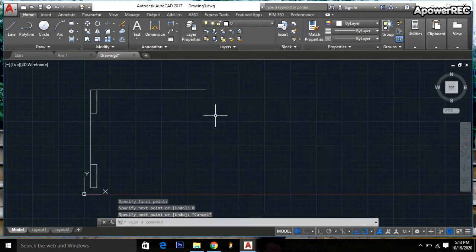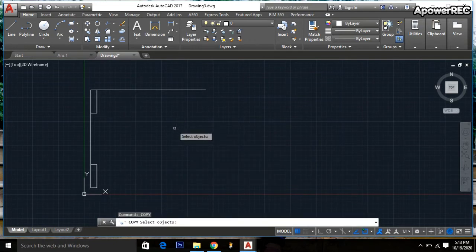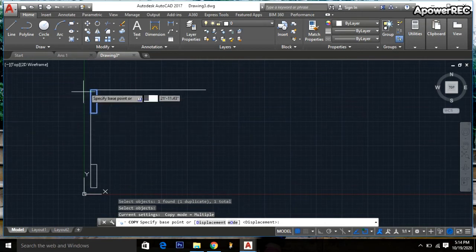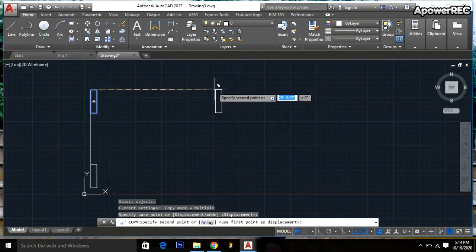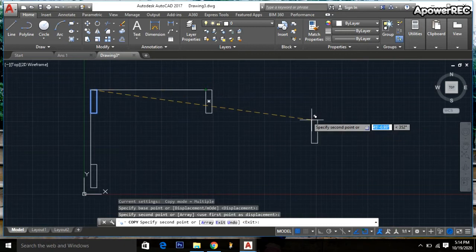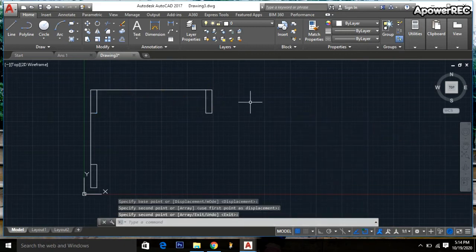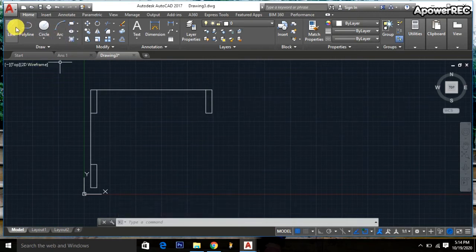Okay, escape. Then I am going to copy again, copy, enter. I am taking from this point, because the inside distance will be, right button click and enter. The inside distance will be 22 feet or 264 inch. I am taking again the line command and drawing from here.